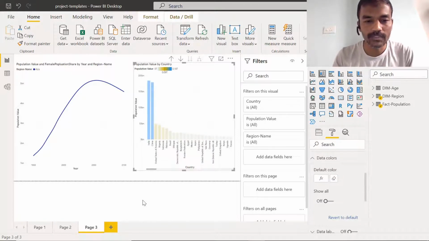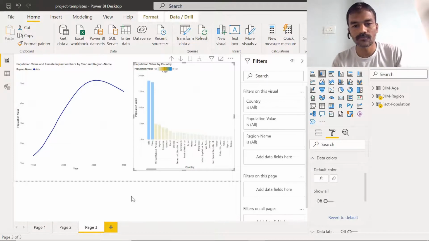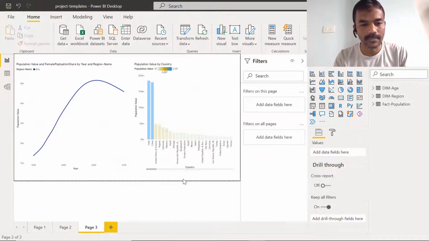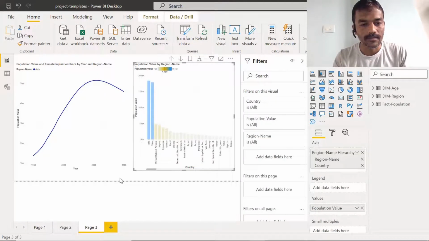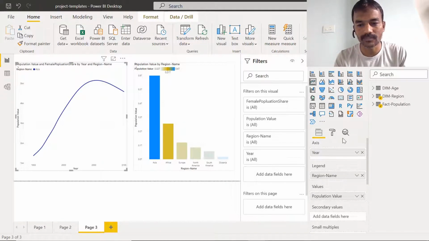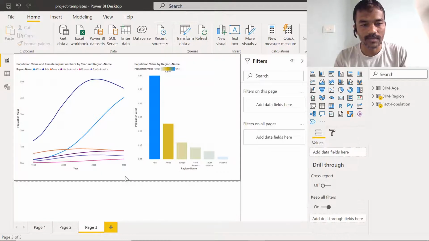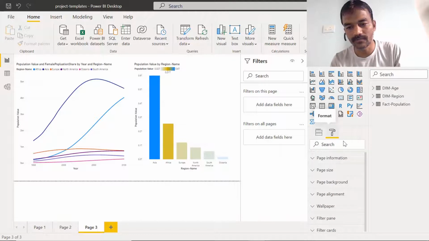This way we can do these data visualizations, and I wanted to show you another option, which is formatting the report. So now you can click on this where we can see these options which are available. As we saw, there were format options for this chart, when we select this chart we have seen this format option here. However, now we are going to click outside the chart, on the particular page, and we will see the formatting option here. If you click on this format, then this is something we can change, like page information.